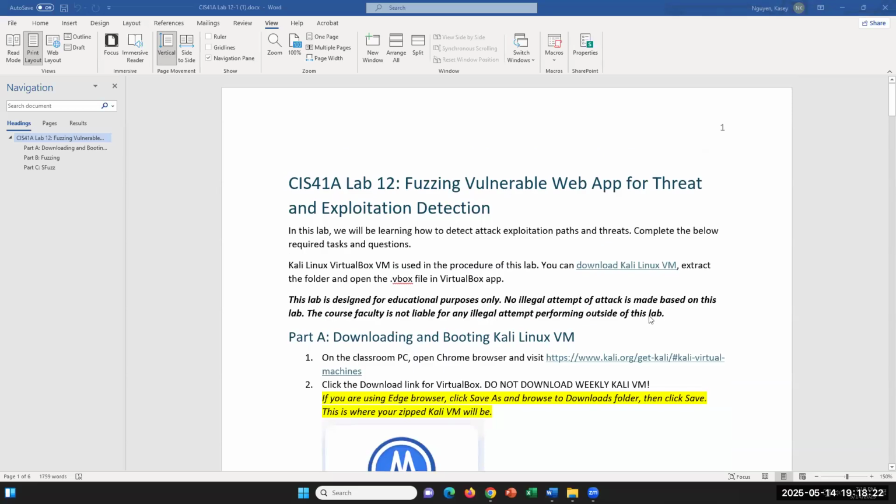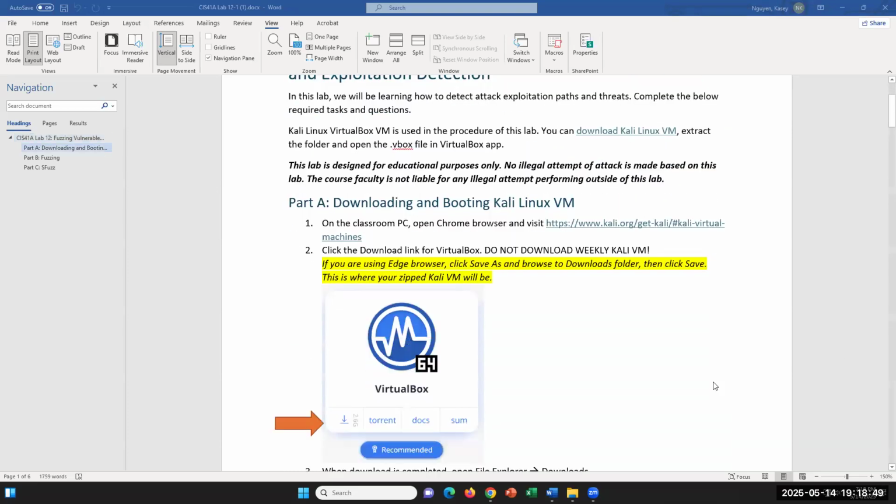Okay, so we are going to do our lab 12, which is fuzzing. And some of you have seen fuzz if you took my CIS27 last year. I know that my class just did the brute force lab not too long ago. But in that lab, they only used a little bit of the fuzzing tool. So I want to come back to some of the fuzzing tool, and I try to include more explanation